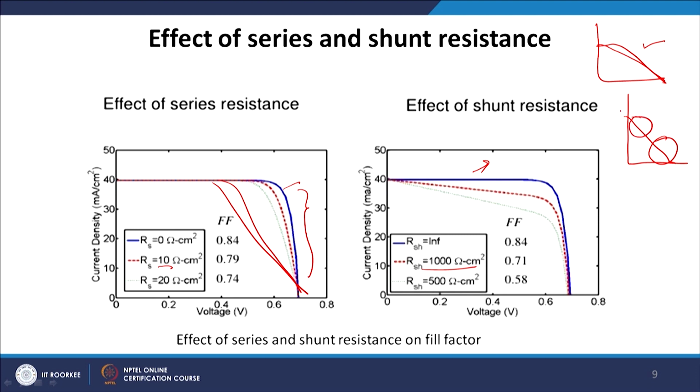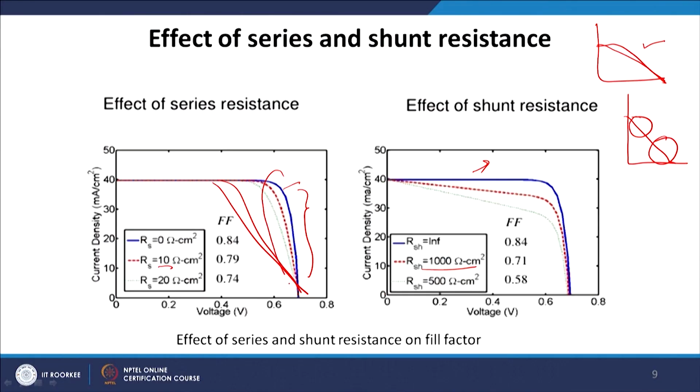What we need is very, very low series resistance, ideally 0, and very high shunt resistance, ideally infinite. If the series resistance value is anything more than 0, then we have learnt that this part of the curve is going to change, and if the shunt resistance value is less than infinite, or as small as it can be, this part of the curve is going to change. So, by looking at IV characteristics, an engineer can comment on whether the series resistance or shunt resistance is contributing to the performance of the device, and they can take precautionary measures to take care of that.